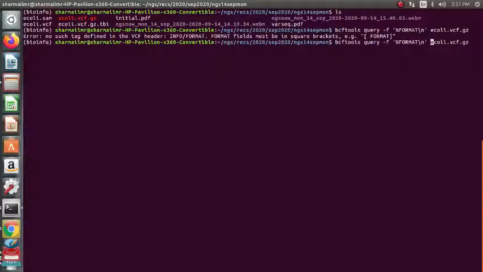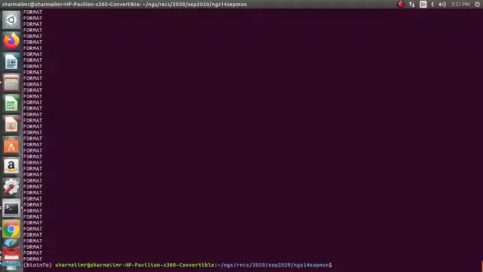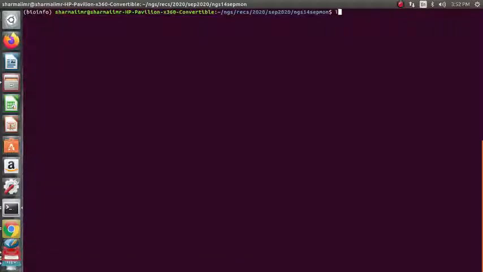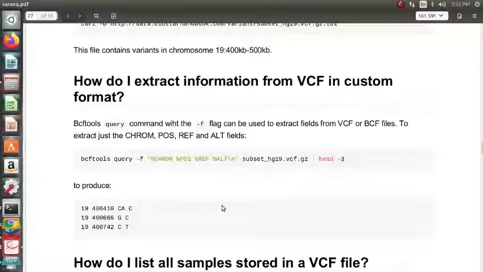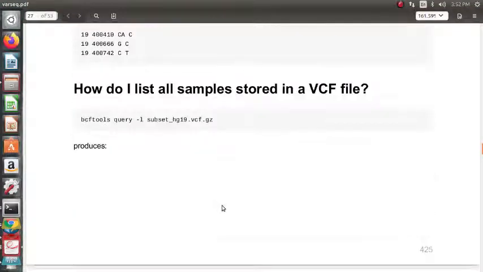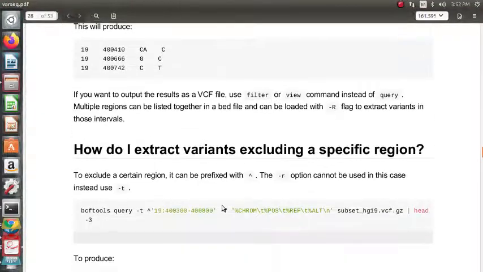Sorry, one minute, let us check this. We are getting here index, SNP and format, so that column we should get in a particular way.